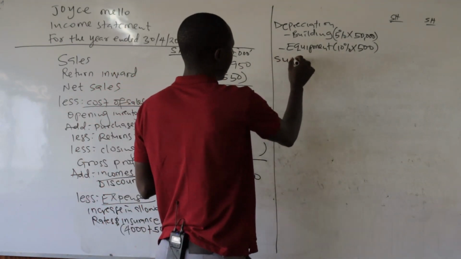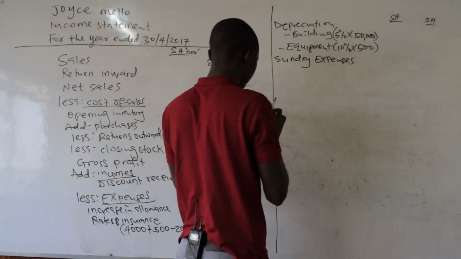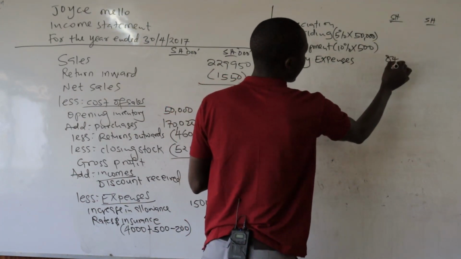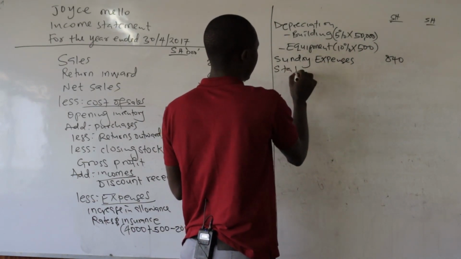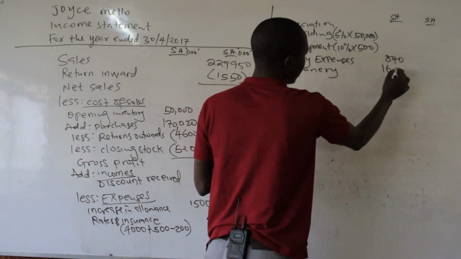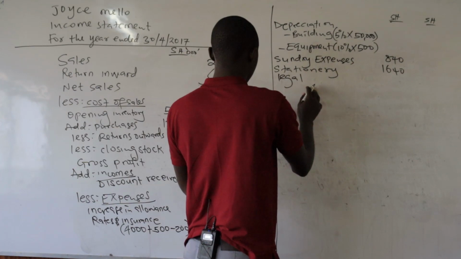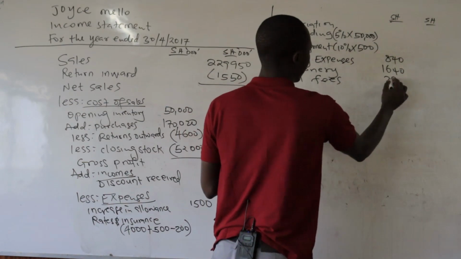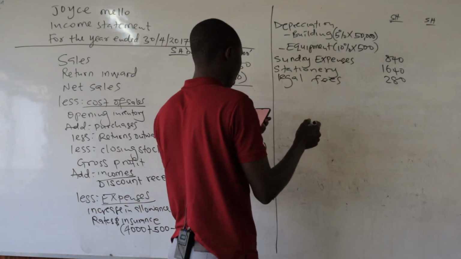sundry expenses. So the sundry expenses, that is 840. So 840. We have stationery. So the stationery is 1640. We have the Rigo fees. So which is 280. We have, remember for allowance and doubtful debt, I said we record the increase or decrease